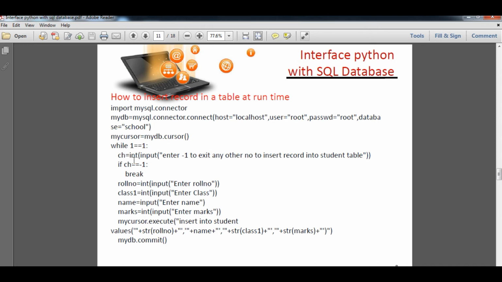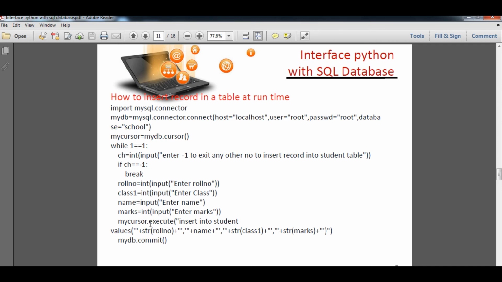So ch is the input, typecast into integer: enter -1 to exit, otherwise it will continue the loop again and again, it means an infinite loop. Then if ch equals -1, then break, otherwise it will ask you to enter the roll number, then class, then name as a string, then marks again as a number.